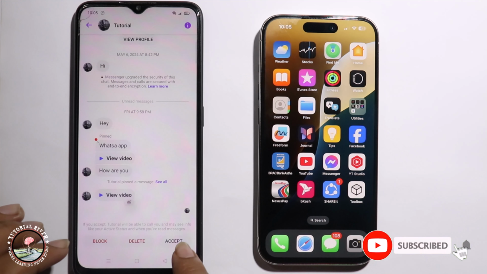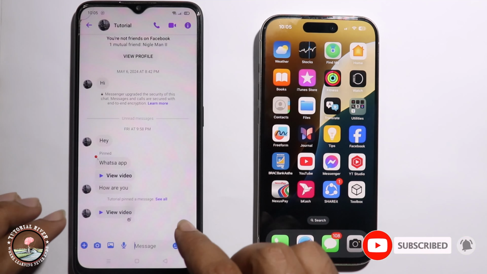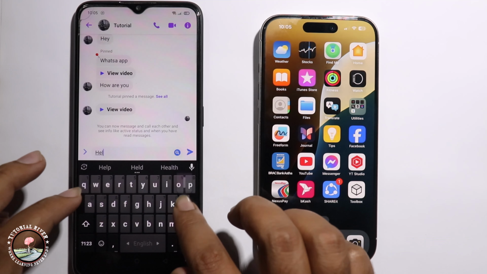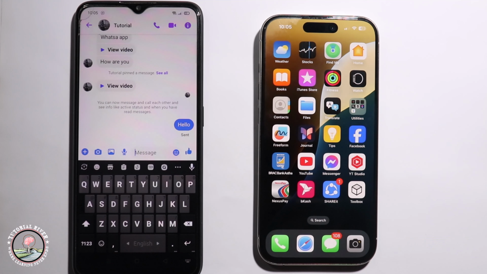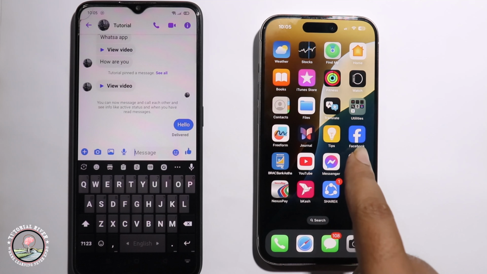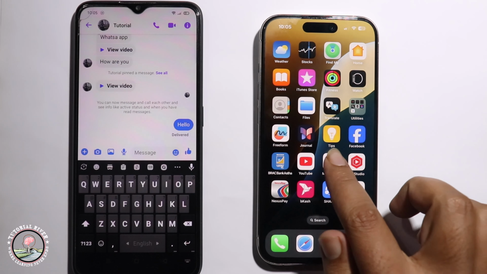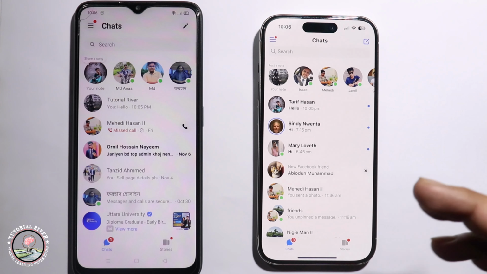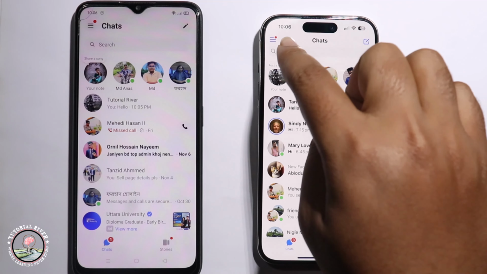So look, I'm sending a message from this phone to another phone. So now I'll open. You need to first click on the three lines